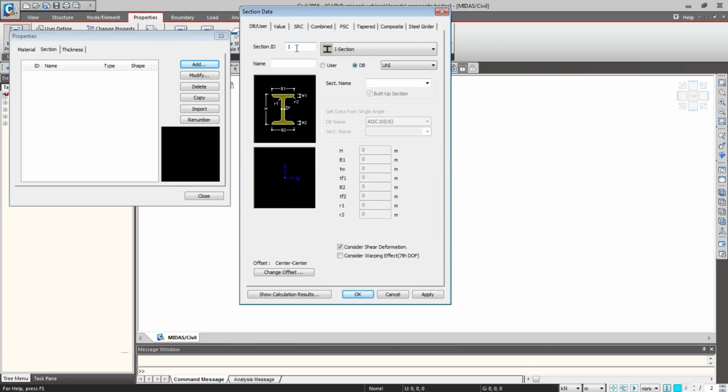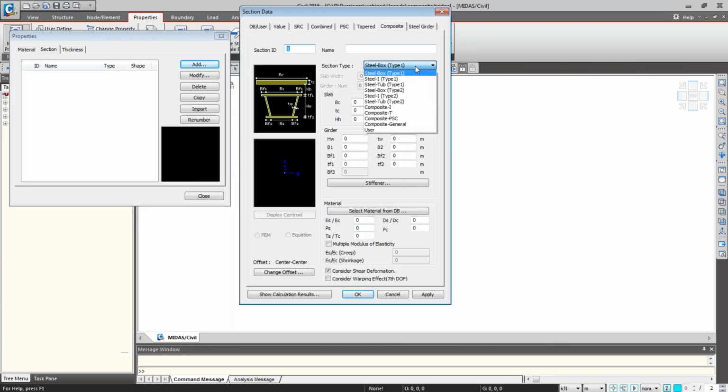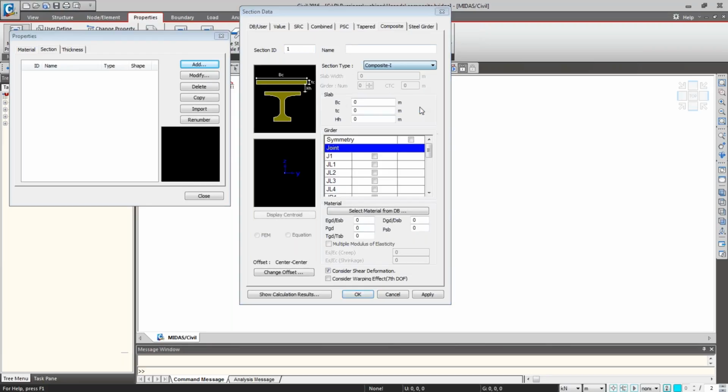As this is the composite bridge, so I'm directly accessing the section property from the composite tab. Composite, select the type is composite I section. So giving the name as support section. BC is 3 meter. Thickness of the slab is 0.2. Girder is symmetry. And this dimension is based on